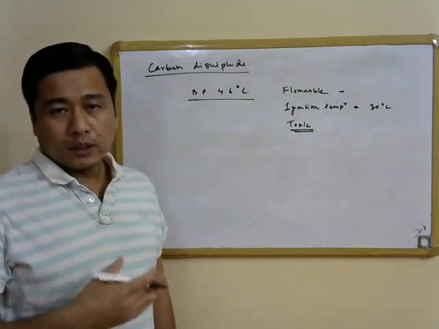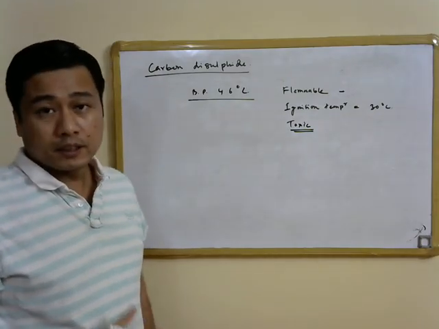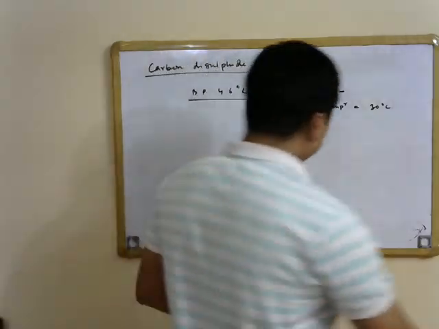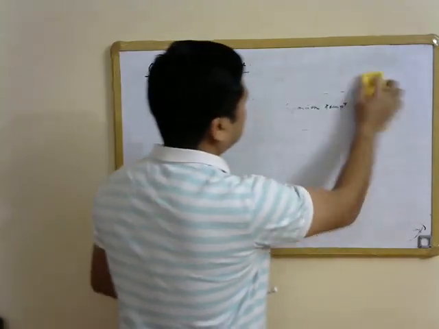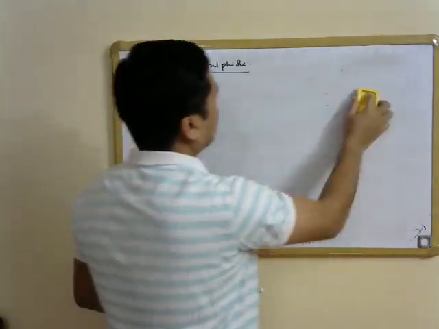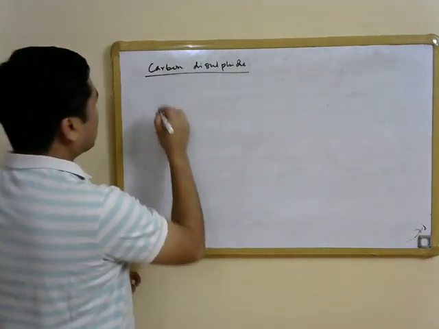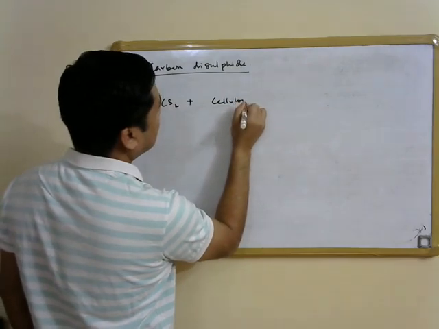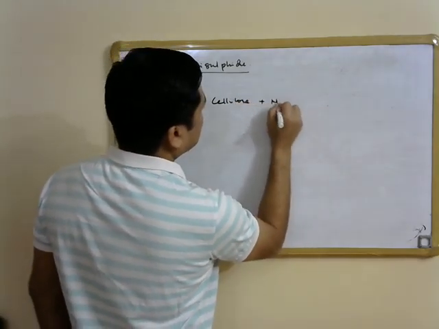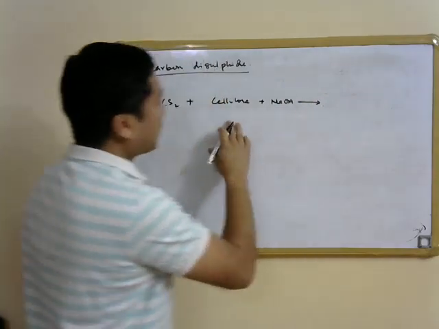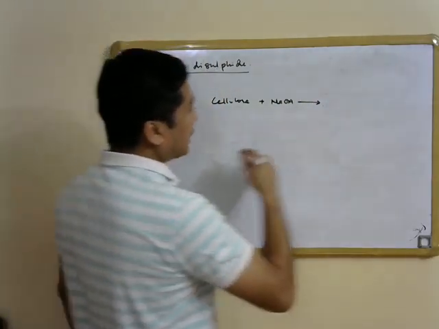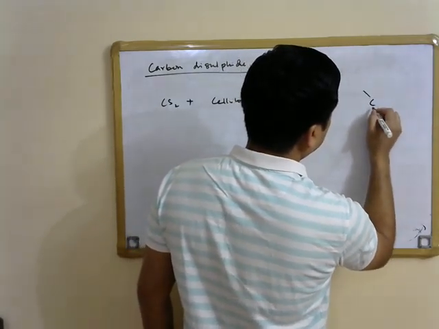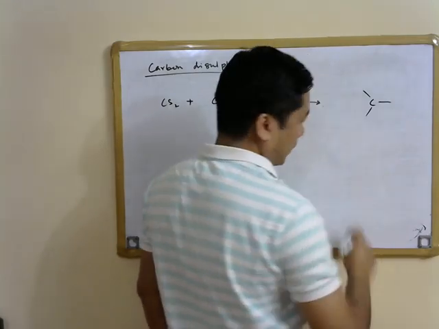Now, one industrially important reaction where carbon disulphide is used is in the manufacture of viscose rayon. So we will see the reaction where carbon disulphide is essentially used for production of viscose rayon. So carbon disulphide, when it reacts with cellulose in presence of sodium hydroxide, because cellulose has free hydroxyl groups, it reacts with carbon disulphide